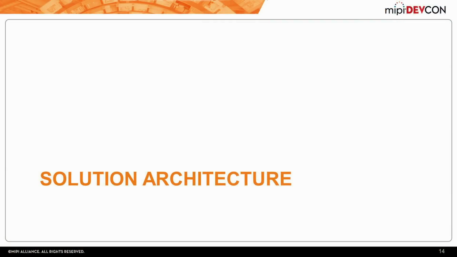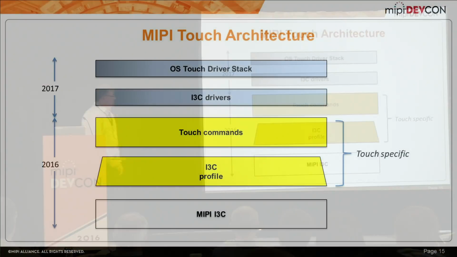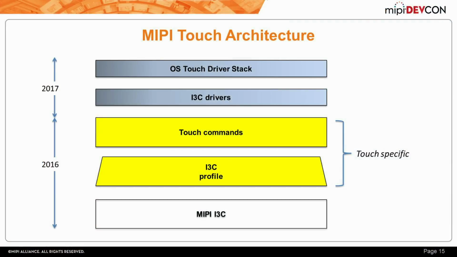So how do we foresee this system? And I kind of gave a hint to it in the earlier slide when I showed how we had it divided up between the AP and the OS. So right here you see this is basically equivalent to that touch module picture I showed. And what we're looking at is this is what we want to address in the first effort on the standard. There's a lot of things. If you look all the way up to the top of the stack, you're now talking Android and Windows. So there's a lot of breadth in what this ultimately will encompass. But we want to start in pieces.